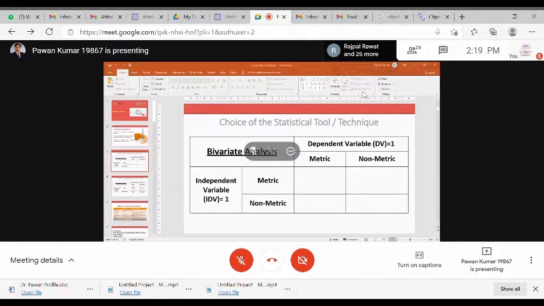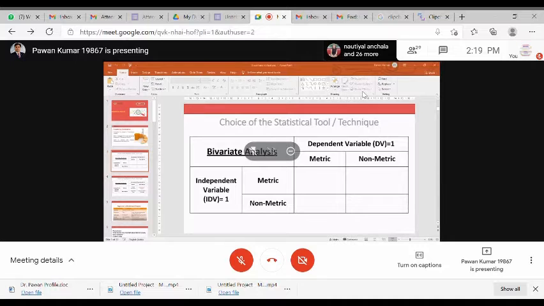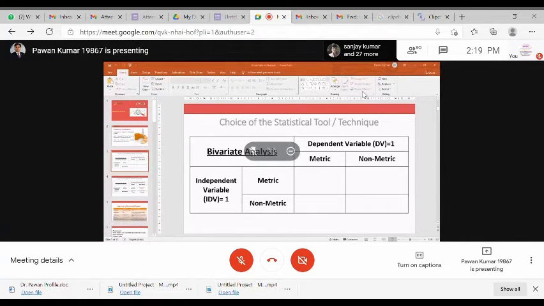And now, next question. This table is quite meaningful for you, whenever you face a situation where you want to know which of the techniques should be applied. So this particular table would help you. Now you can please write here regression. Okay, regression. Simple regression. But if your independent variable is non-metric and your dependent variable is metric, like for